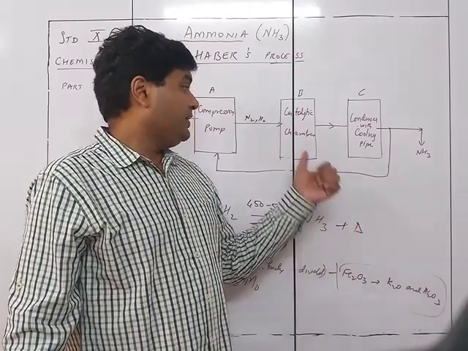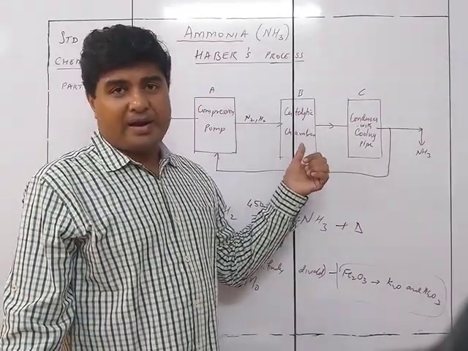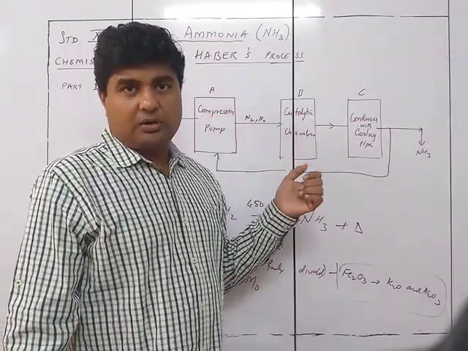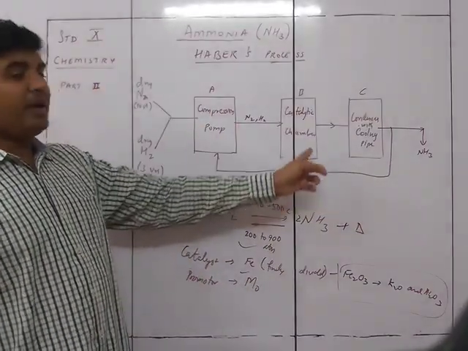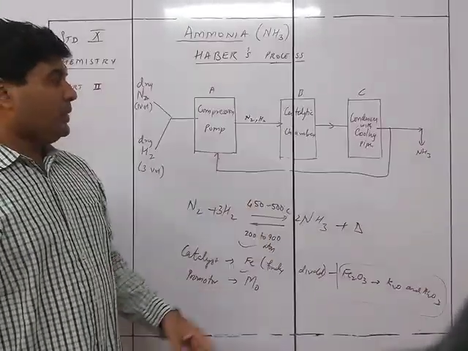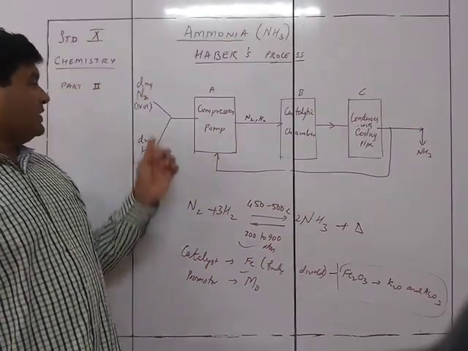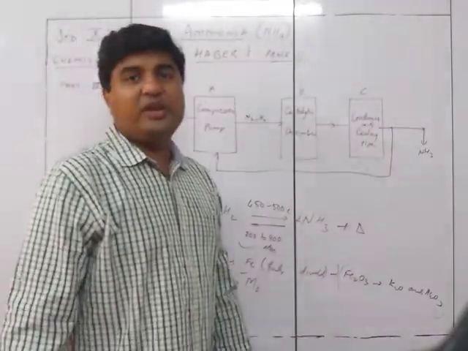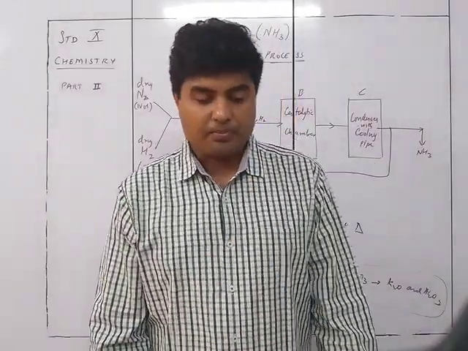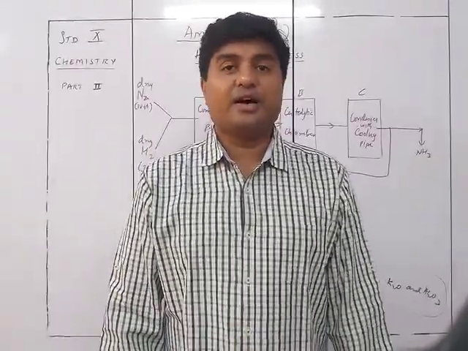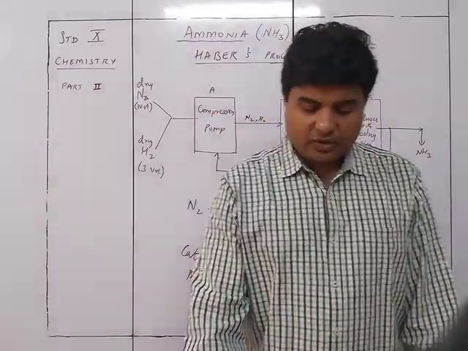It is going to react with the catalyst and poison it. Basically it is going to make that catalyst bad, so it will be a waste of money. Because of some small impurity, this will become a waste. That's the reason we normally see to it that the nitrogen and hydrogen we are using are free from impurities, so that carbon dioxide, carbon monoxide and hydrogen sulfides are not formed. So this was about the main part.